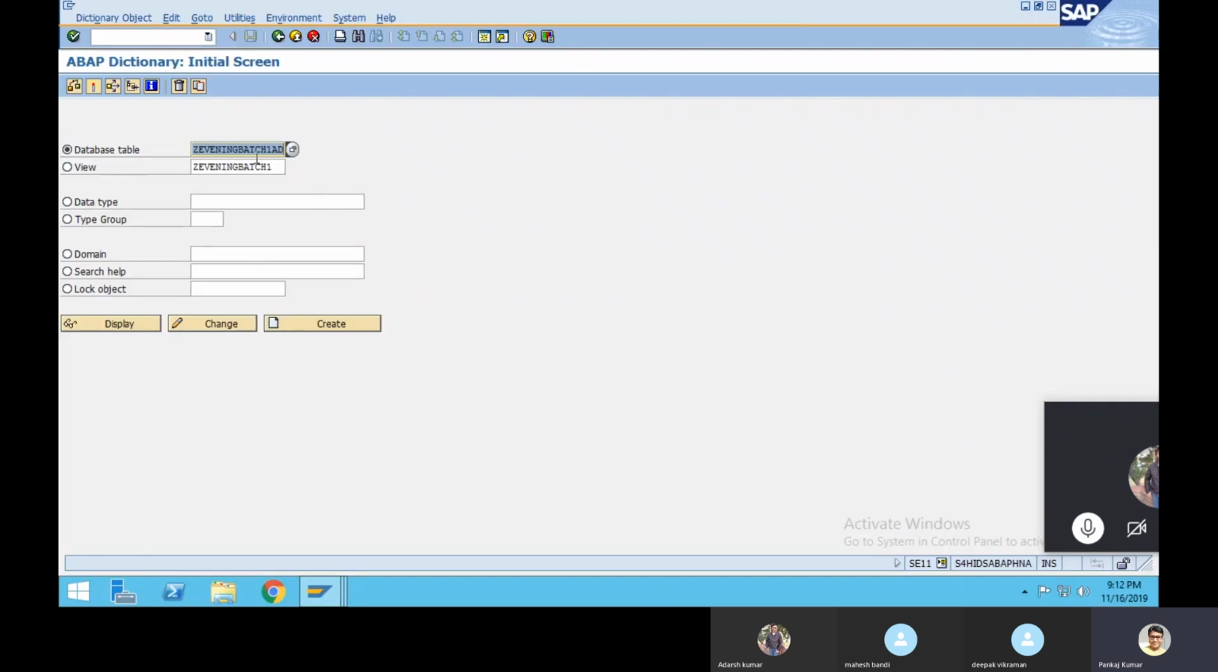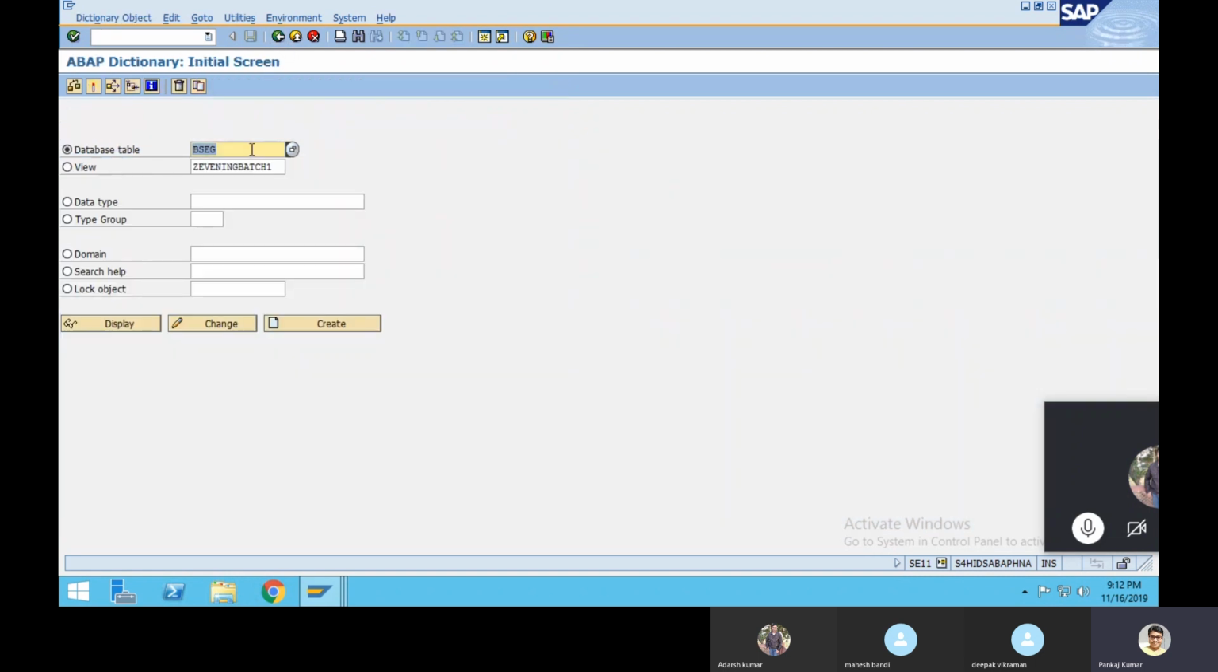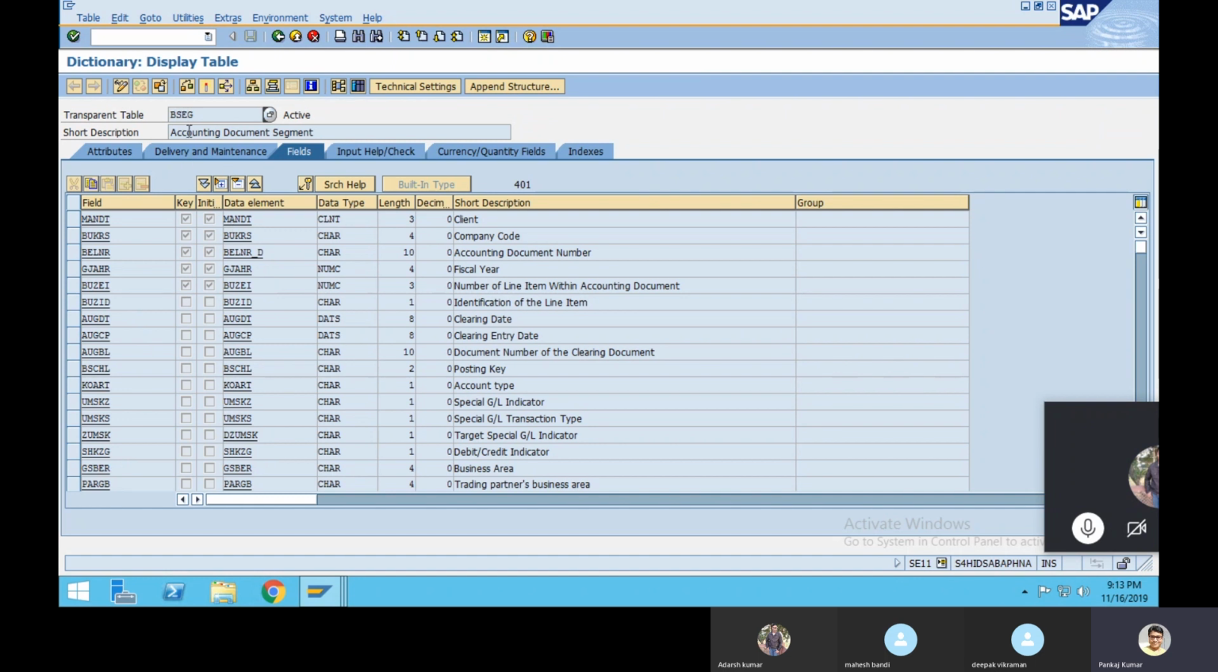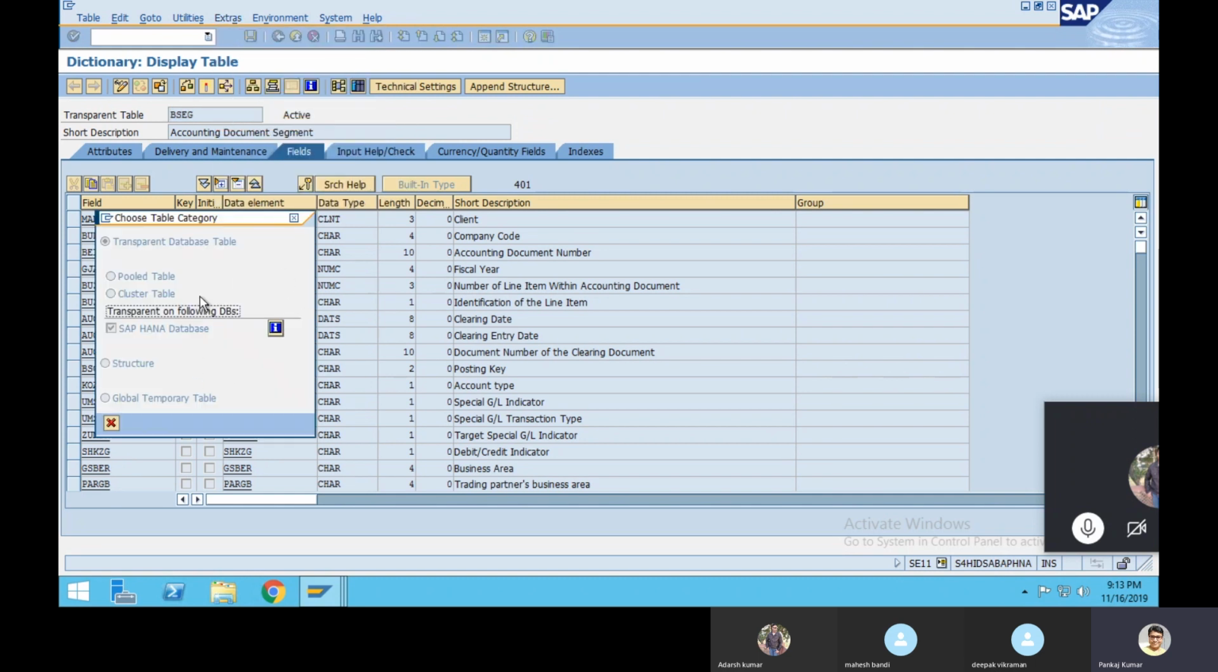Second and third table, you can see there is a table called BSEG. BSEG is also a transparent table. I think this is a HANA database. Actually BSEG is a cluster table, but here, if you can see, in a HANA database BSEG is a transparent table. Why? If you go to extras and change table value, yes, see here, transparent table